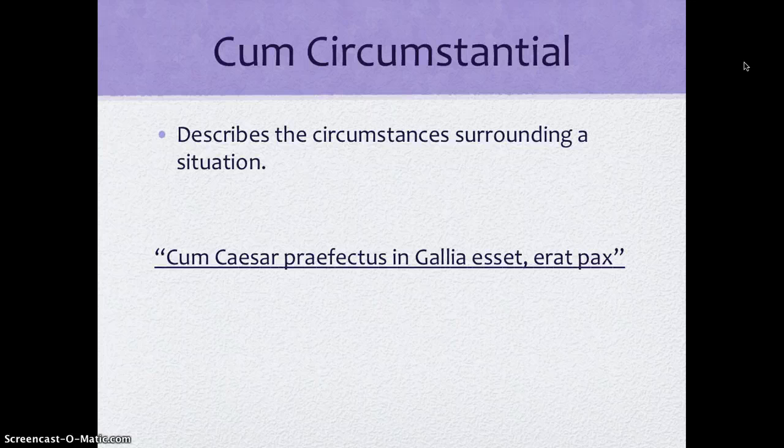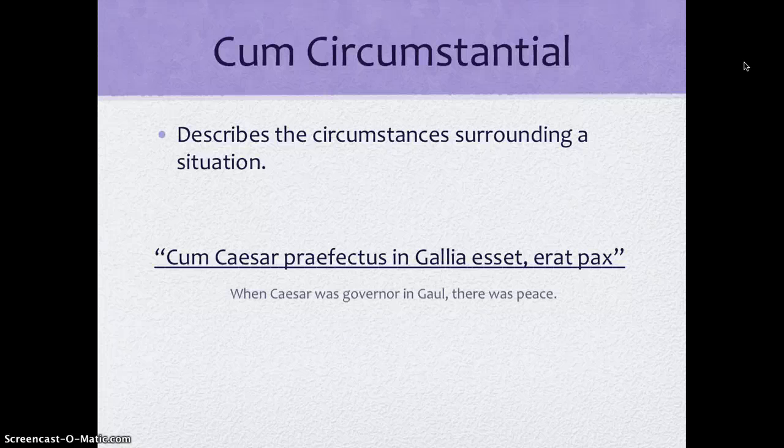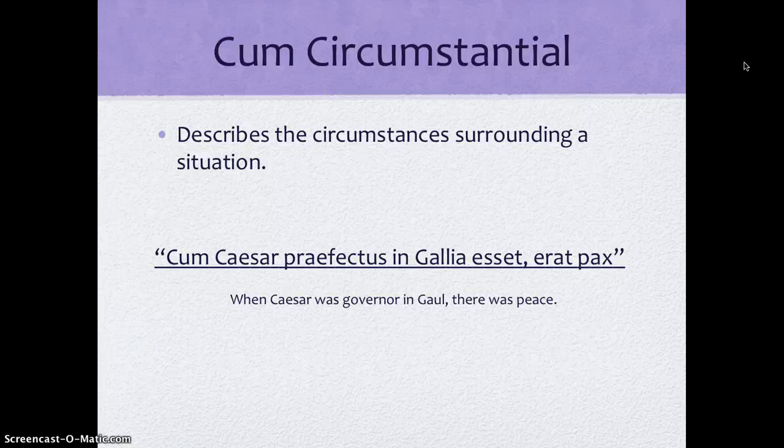Cum Caesar praefectus in Gallia esset, erat pax. This is an example of a sentence containing a cum circumstantial clause, meaning, when Caesar was governor in Gaul, there was peace. The main clause of the sentence, erat pax, or there was peace, is a full sentence that, in